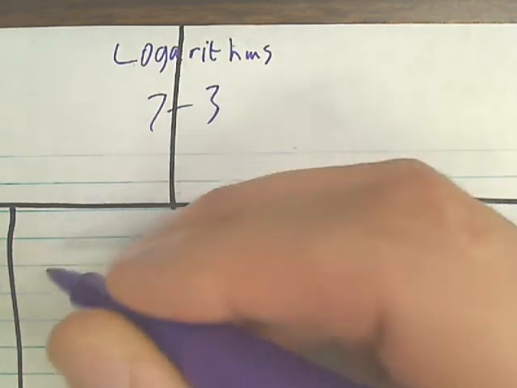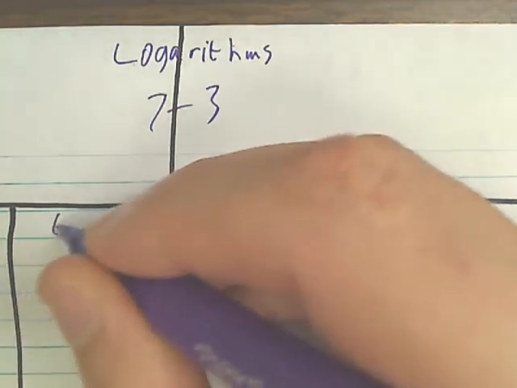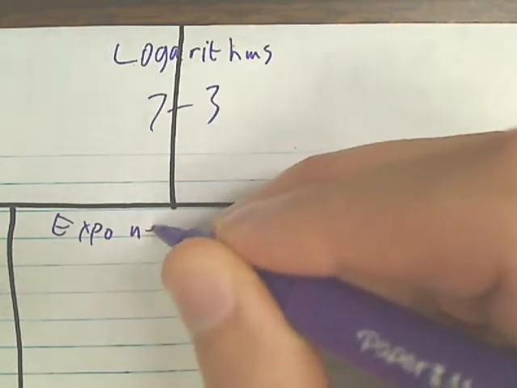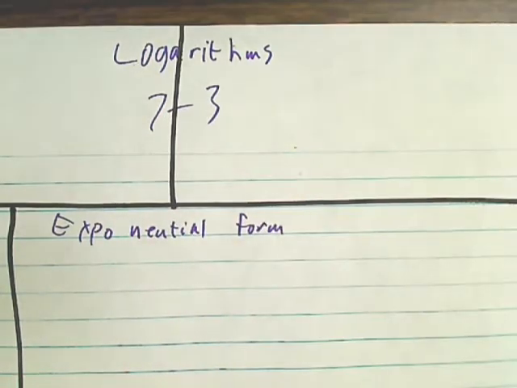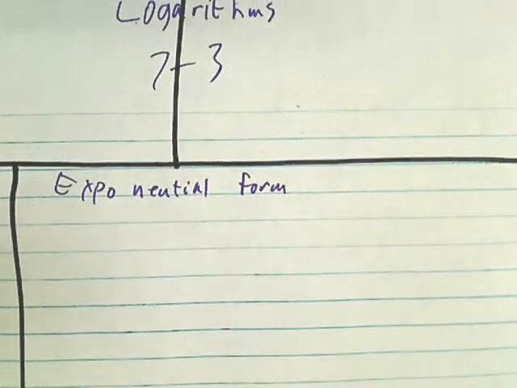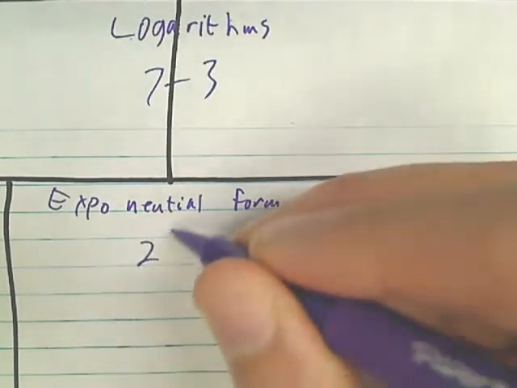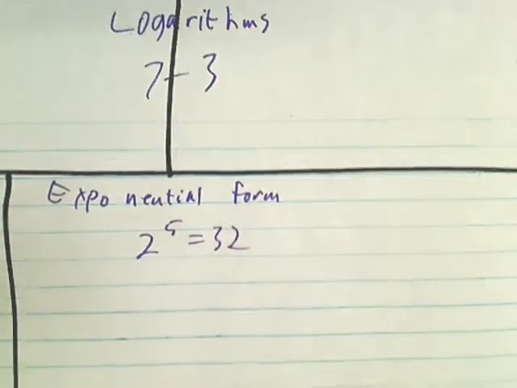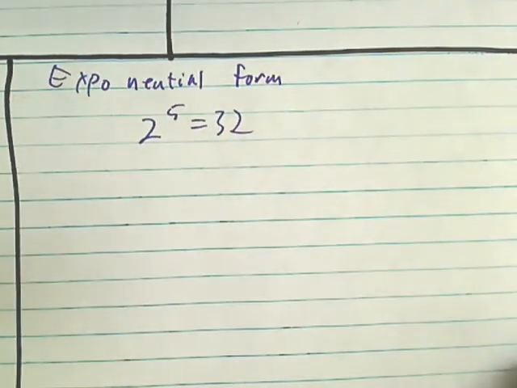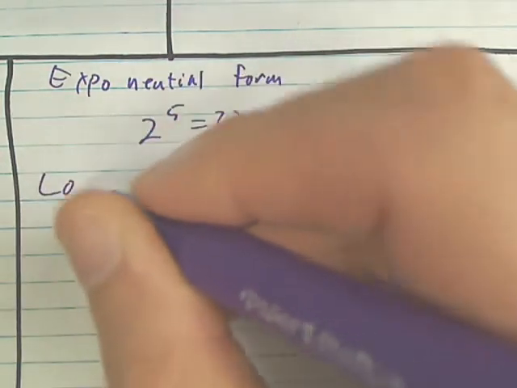If I write an expression with an exponent, we'll call this exponential form. Exponential form would be something like 2 to the 5th power equals 32. Or it might be 32 equals 2 to the 5th power, whatever. That could be in the opposite order. But regardless, when I change this to logarithmic form,